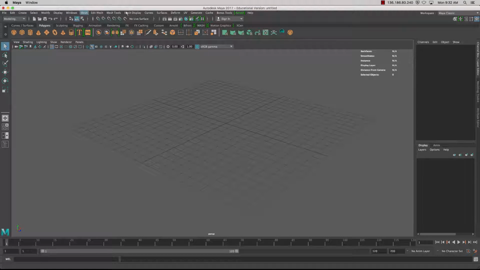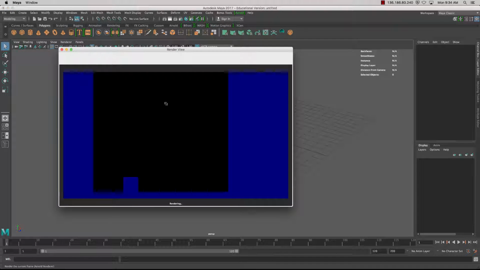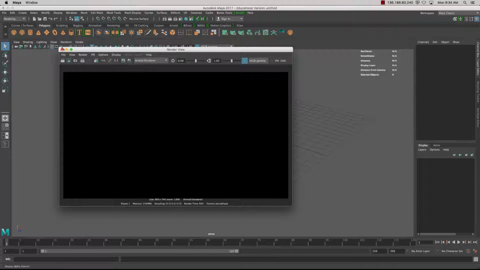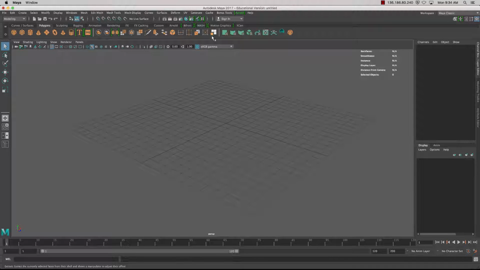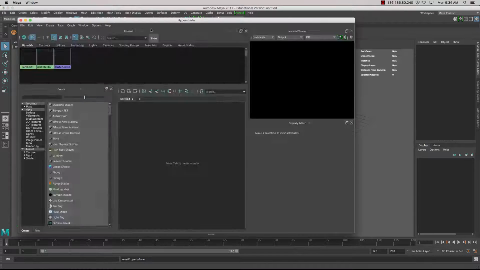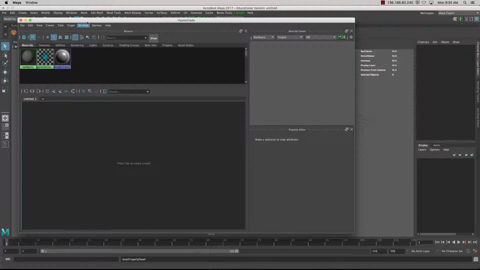Underneath the menus up the top here we've got this thing called a status line, and here we've got different shortcuts. We can snap to the grid or to points and so on. We can also access some of the rendering shortcuts, so we can just render out the current view like so, and we can also access other areas like the hypershade, which is where we manage materials